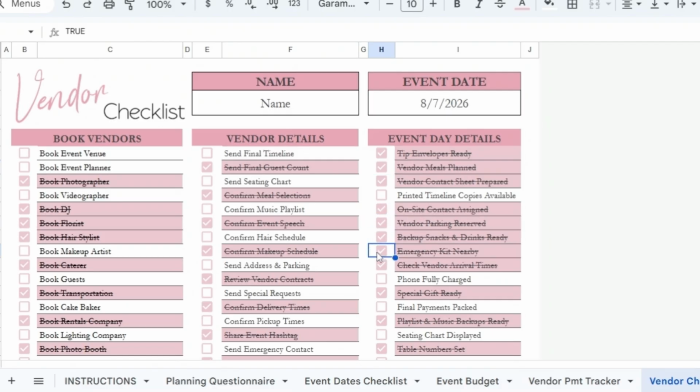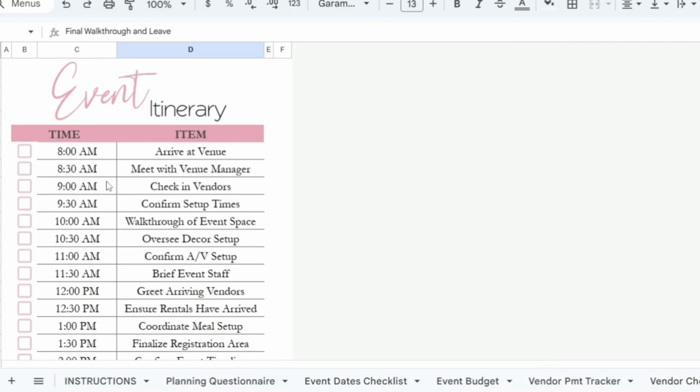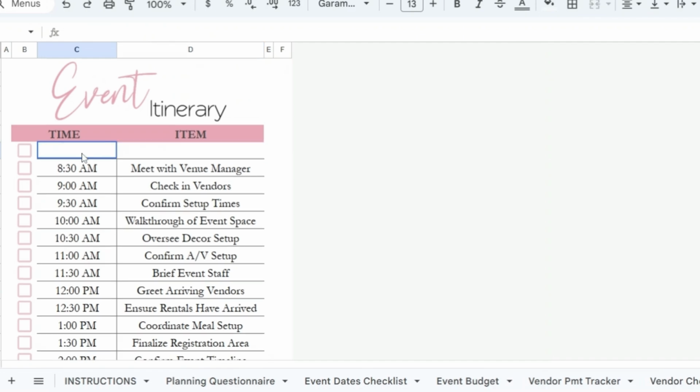Do you have your emergency kit? Is your phone charged? Things like that. This is an itinerary for the day. So you can come in and say,